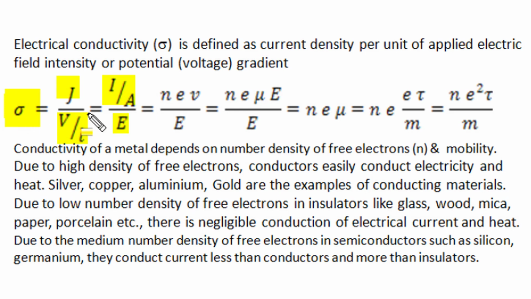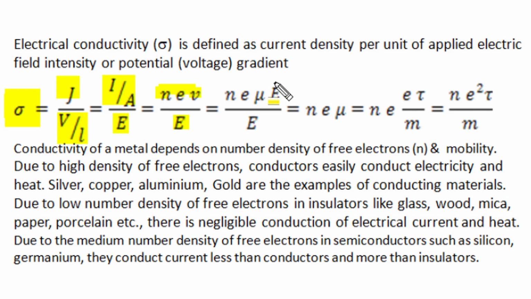We can define conductivity as current density per unit of applied electric field intensity. Now in place of current density, if the number of free charge carriers per unit volume is small n, the drift velocity of those free electrons is v, and the charge of those electrons is e, then current density is defined as nev, and conductivity, current density per unit of applied electric field, can be written as,